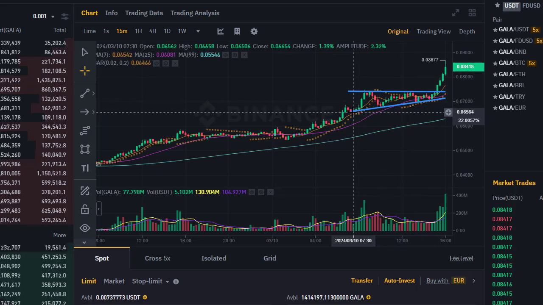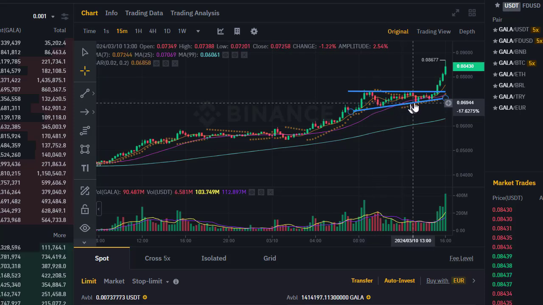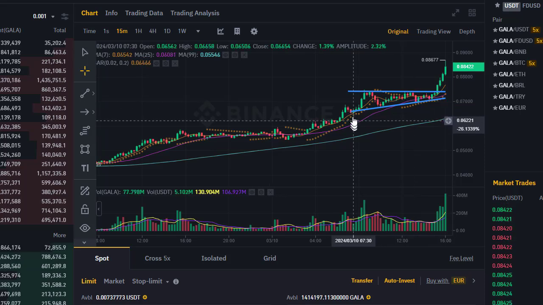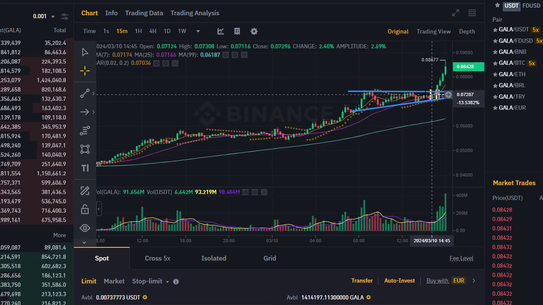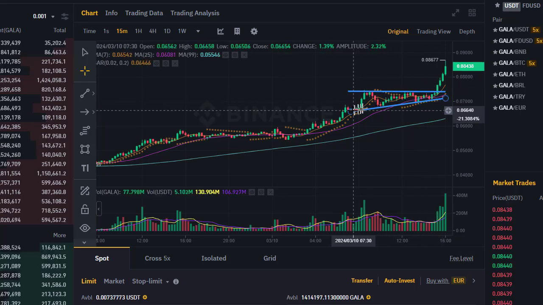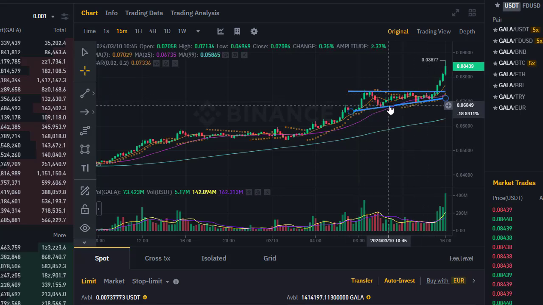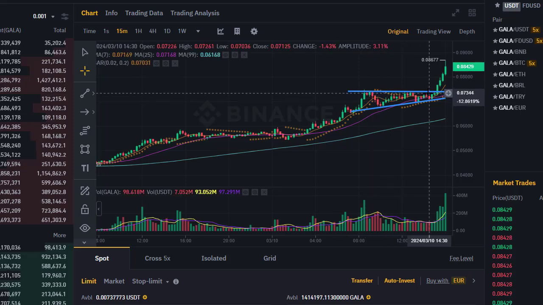So you've actually got three low points. You've got a low point here, you've got a low point here, and a low point here, and each time this is a rising low point. So it's higher lows all the time, and this was forming for me a classic rising wedge. These don't happen when you're watching them. If you happen to stumble across one at the time, then for me it's a very strong signal that the sellers have backed off at that point.